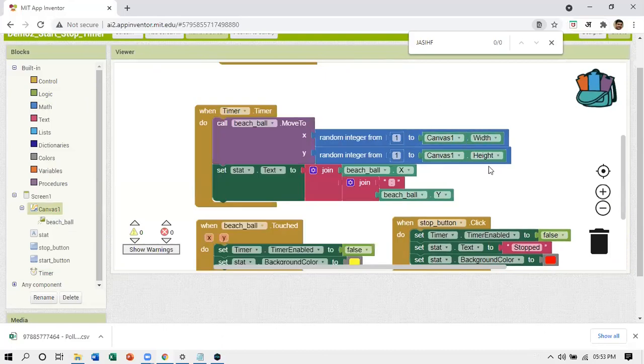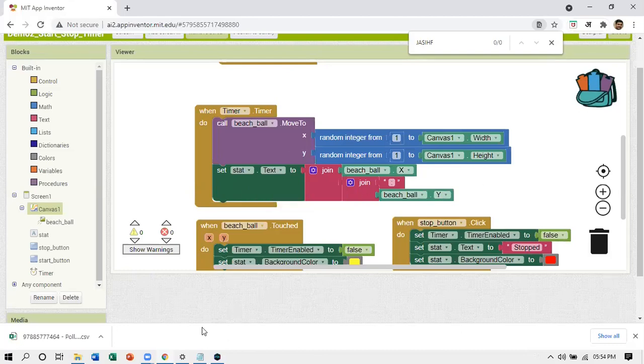That is maximum possibility, the boundary, and 1, the least coordinate possible. And then I am showing the coordinates of the beach ball on the label stat. Coordinate x of beach ball and coordinate y of beach ball are joined with colon and set as the text of label stat. So as the ball will move, the coordinates will also be displayed in a label.